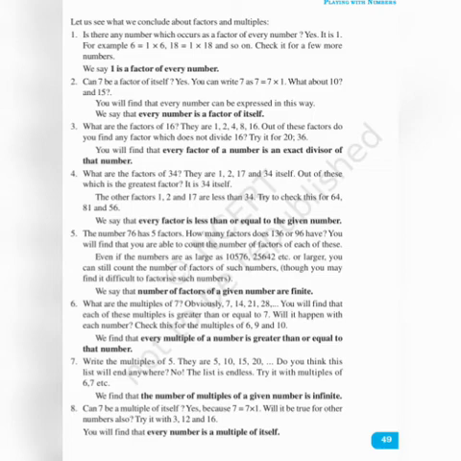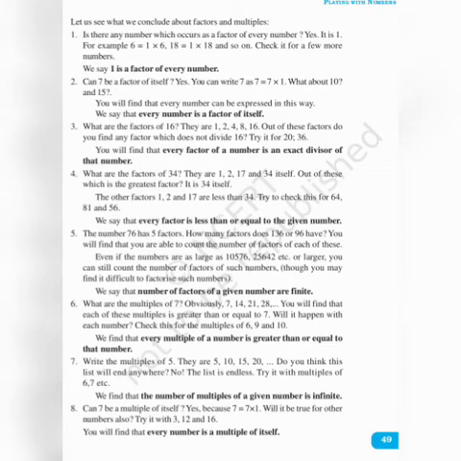So, what are the points to be remembered? 1 is a factor of every number. Second point, every number is a factor of itself. Third point, every factor of a number is an exact divisor of that number. Fourth point, every factor is less than or equal to that number. Just keep that in your mind.